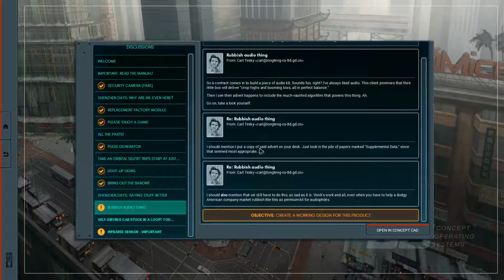Carol, I should mention I put a copy of said advert on your desk. Just look in the pile of papers marked supplemental data, since that seemed more appropriate. Carol, I should also mention that we still have to do this, as I said. Work and all, even when you have to help a dodgy American company make rubbish like this as a premium